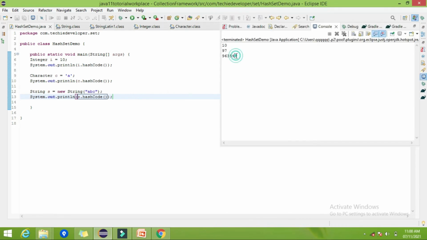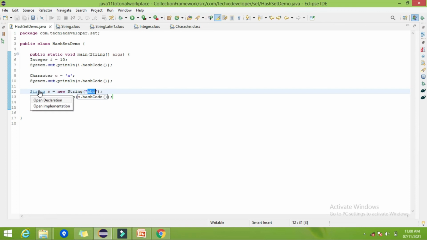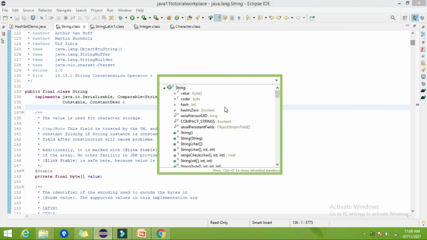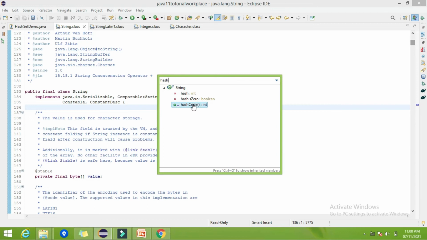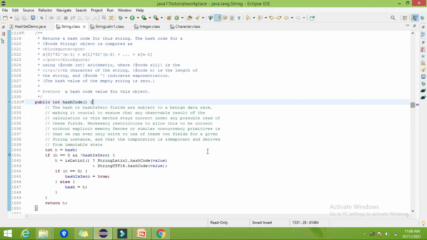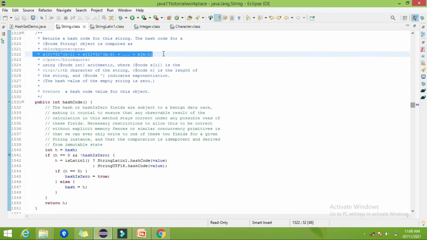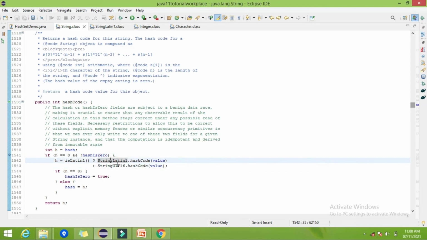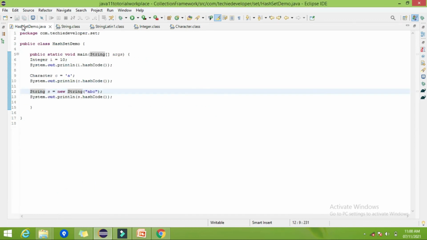So here you can find the calculated hash code value for this ABC. Okay, so let's go to the String class and Control O and find the method called hashCode. Inside hashCode you can find here in the description, this is the formula available for this hashCode method. As I earlier told you, it's based on the encoding style which we are going to use for the string. Based on the particular encoding style, it's calculating its hash value. Okay, so this hashCode method is already available.